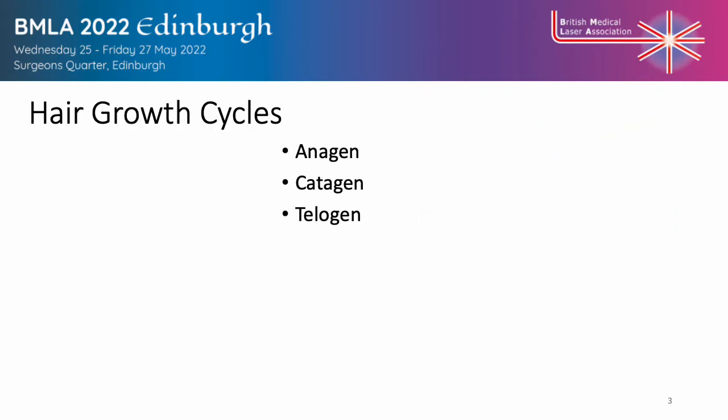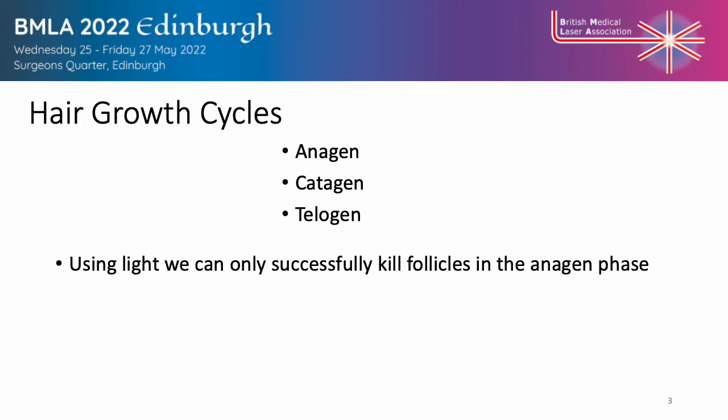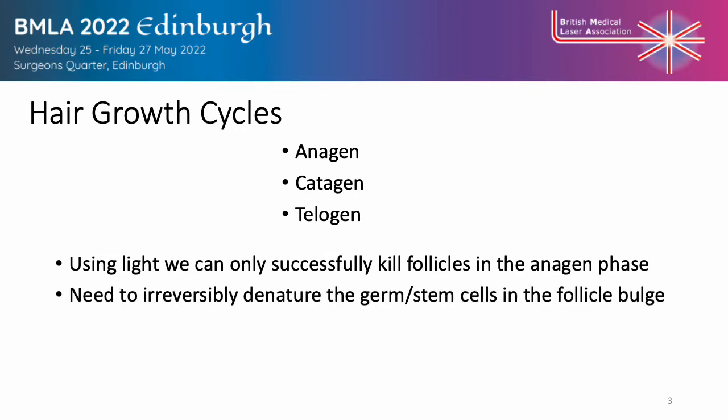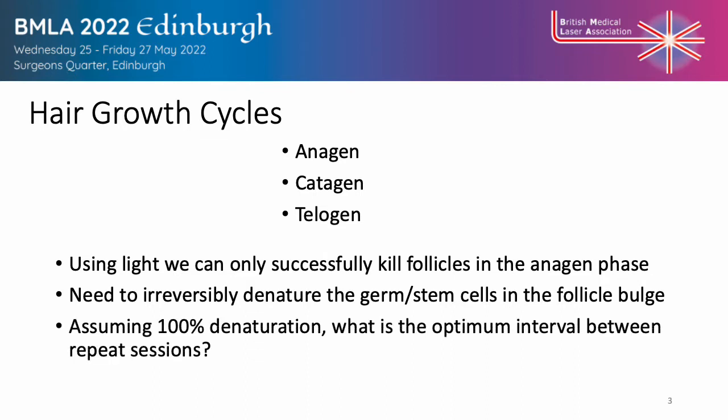Well, we have to consider the hair growth cycles. This includes the anagen, catagen and telogen phases. And as we know, we can only kill follicles successfully in the anagen phase. What we're trying to do here is to irreversibly denature the germ or the stem cells in the follicle bulge, and these only become active during anagen. If we can assume 100% denaturation of these cells, which will kill the follicle, then what is the optimum interval